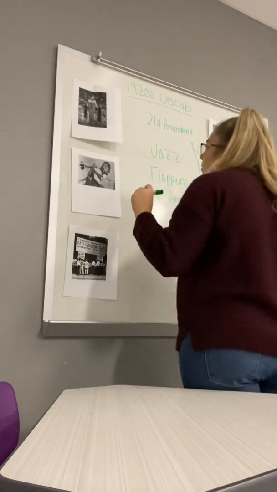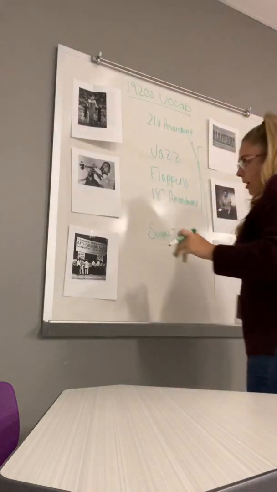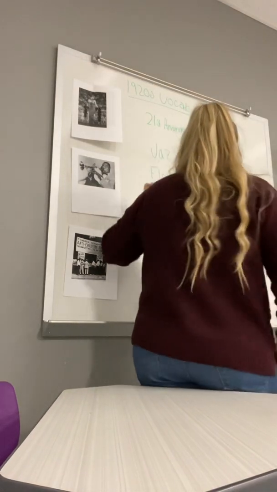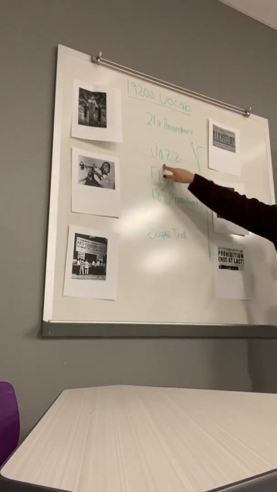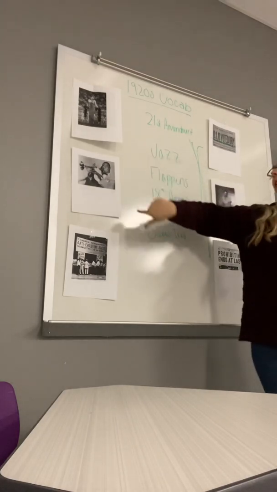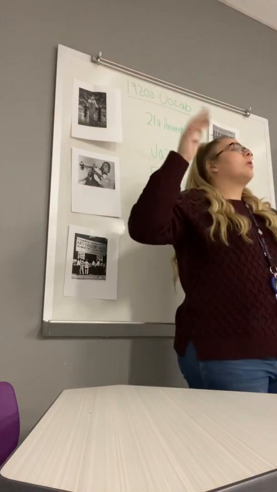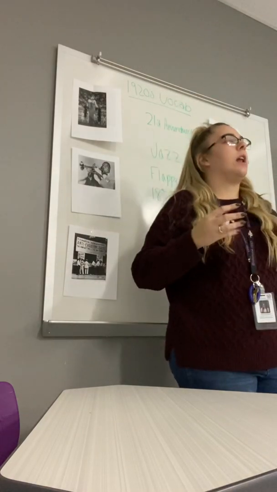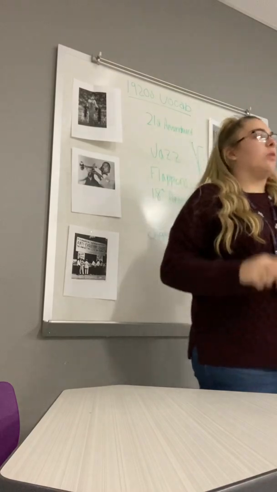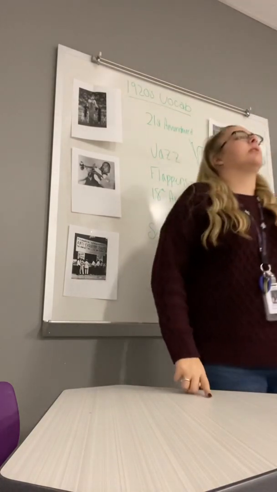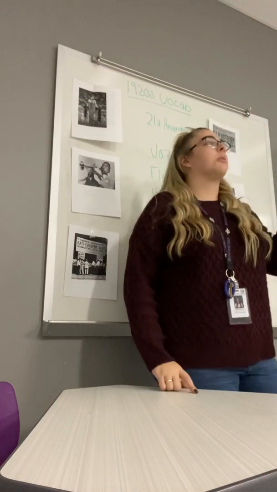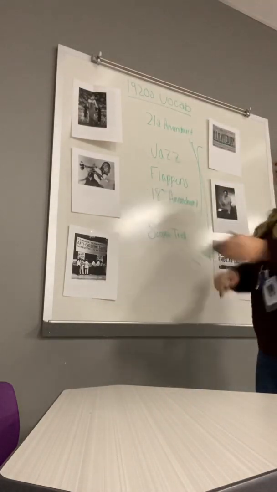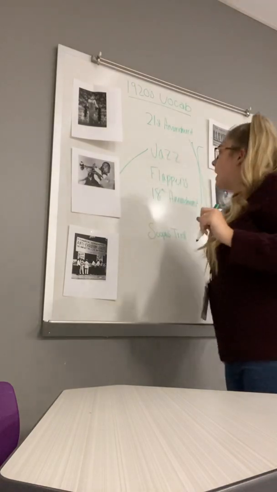So let's move on. The next word is jazz. Which one of these pictures looks like something that could have to do with jazz? Because the 1920s is the age of when the jazz music era became really popular, because of things like speakeasies and the Harlem Renaissance. All right, yes, it is this picture. Good job. So it's that one.